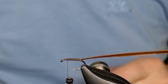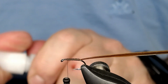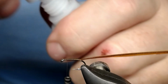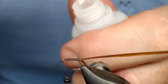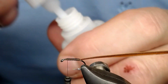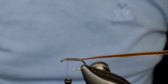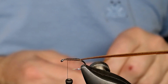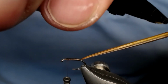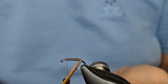And I use my super glue. This is a cheap one, with a brush. It's Chinese, but I got it before the corona started, so I think it's safe. You have to be careful these times because everything is about corona. Well,